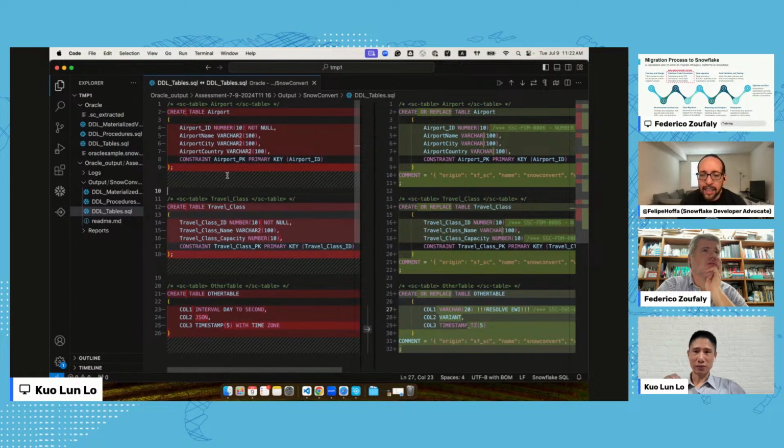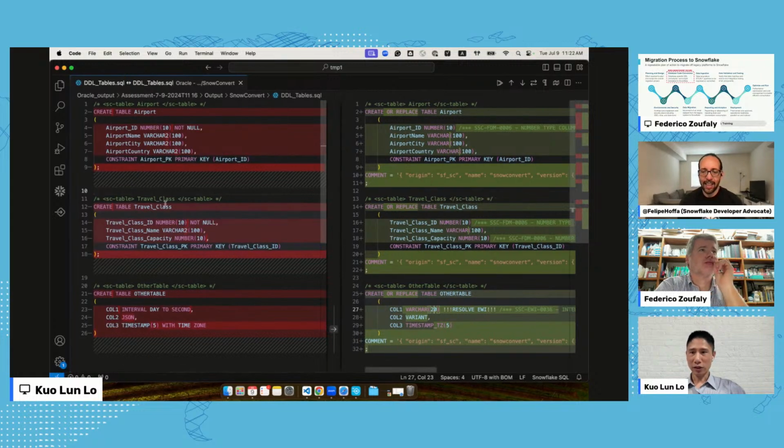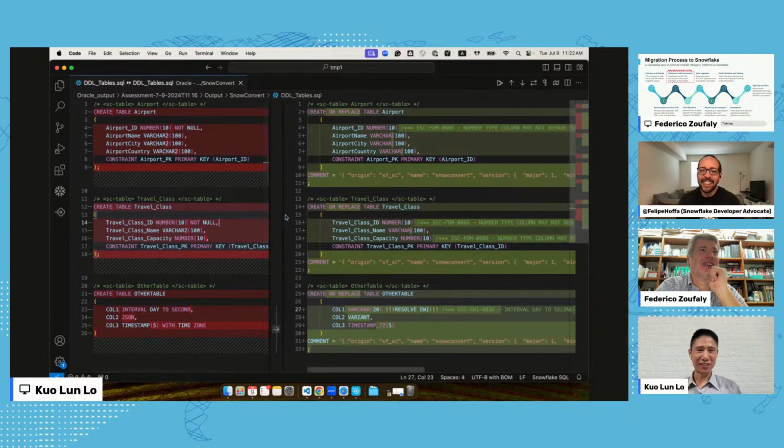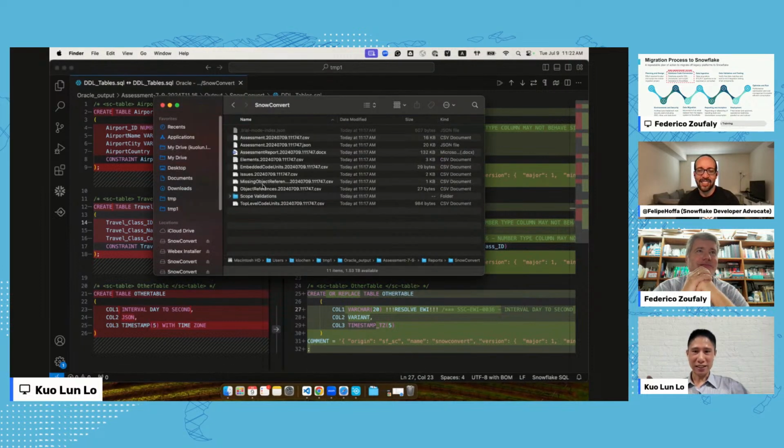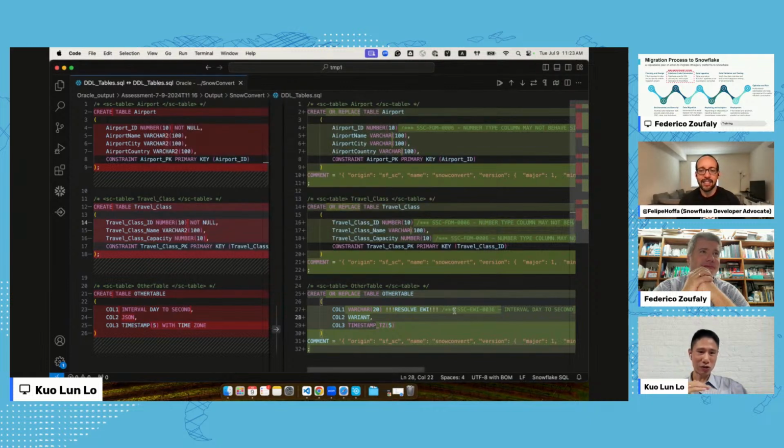I have a question. What's an EWI? Okay, what's the meaning of those three letters? Nice question. So EWI stands for errors, warnings, and issues. It's just a common way that we summarize what I previously said, that here we have the list of EWIs or issues, and once you fix all the issues, you can get your tables deployed.